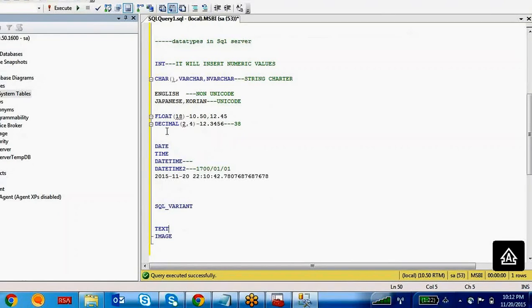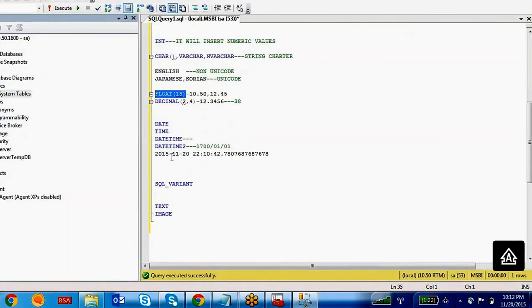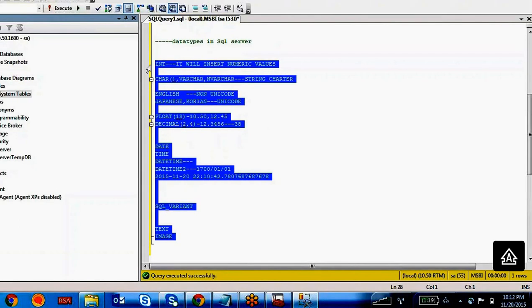Majorly, 99% of the time we use integer, varchar, float, and datetime. These are the four major data types. 99% of database tables have only these four data types.